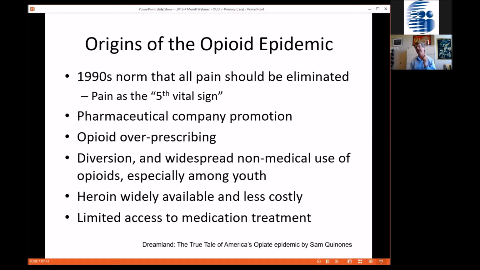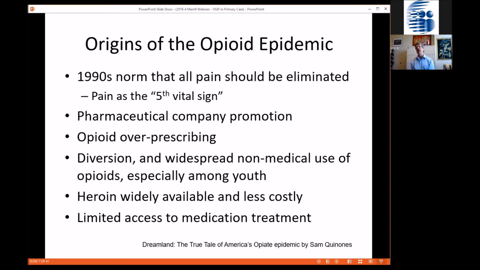This was associated with pharmaceutical company promotion of especially new long-acting oxycodone and morphine, and led to opioid overprescribing. The resulting diversion, widespread non-medical use of opioids became very common, especially among youth, and then kind of separate from this